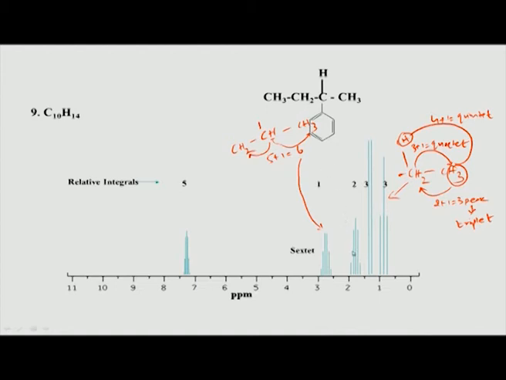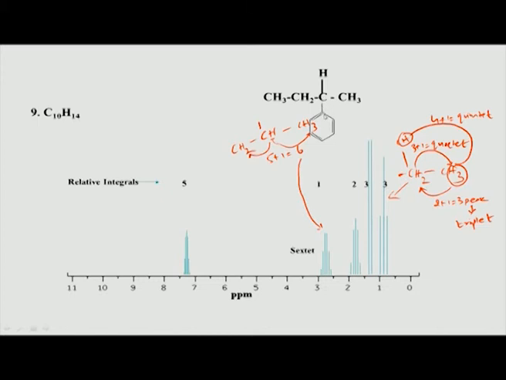This is the mapping, and this CH3 is expected to show a triplet because of these two, and this CH3 is this CH3 here. This CH3 is coupled to one proton, so you expect a doublet, and that is a doublet here. Finally, this lone CH is coupled to 2 and 3, 5 plus 1, 6, that is what we saw here, and that is a sextet. So, this is coming from here.